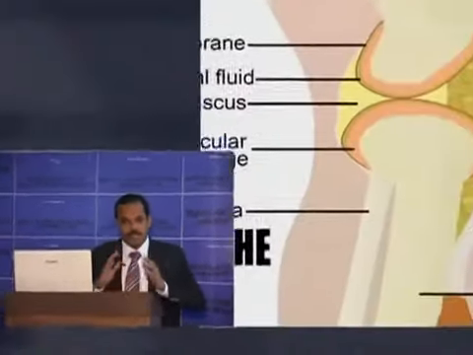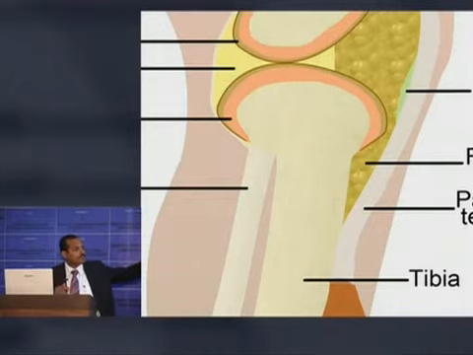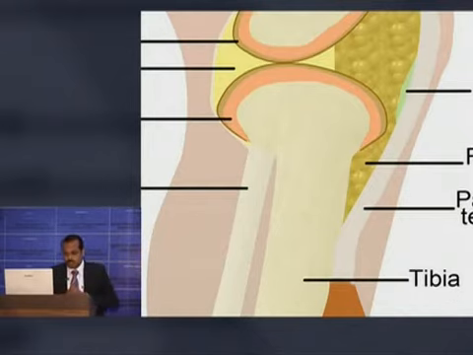That is, two distinct types of articulation in a single joint capsule: two tibiofemoral joints and one patellofemoral joint make up the knee joint. Now we'll go through the tibiofemoral joint. It is the joint formed between the tibia and femur, and it's a double condyloid joint